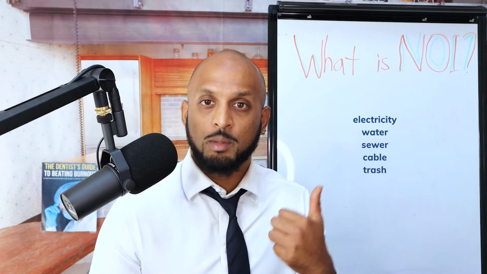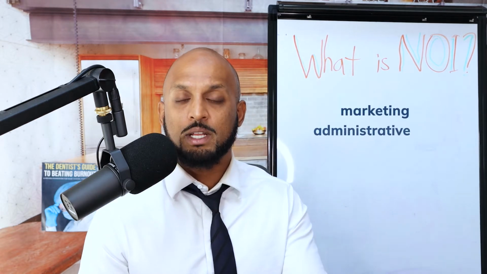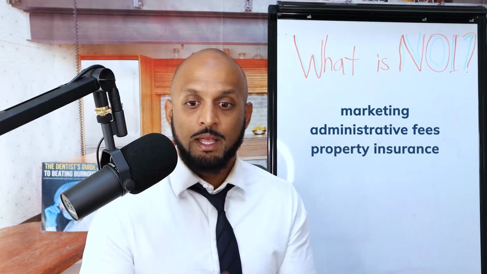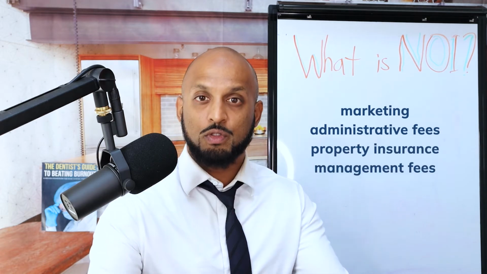Repairs and maintenance for things like turnover. This is a cost built into operating a large apartment building complex. When old tenants move out, you have to spend money to get the unit ready to rent out again. This might include carpet cleaning or replacement, painting, appliances, and other maintenance items. You also have to include expenses such as utilities, electric being the biggest one. There's water, sewer, cable, trash. You have to pay for marketing the property, administrative fees, property insurance, management fees, especially if you have a third-party management company,